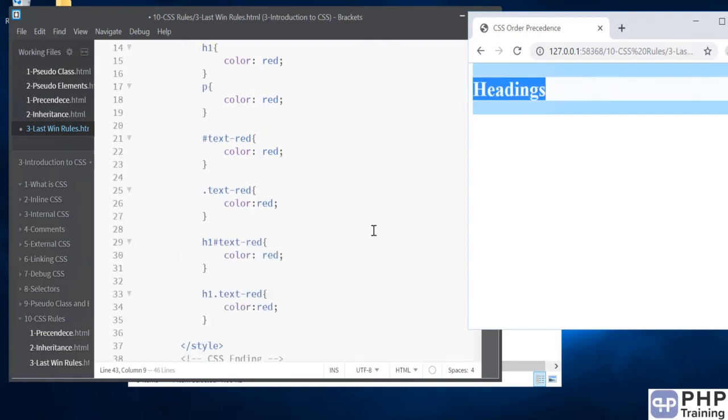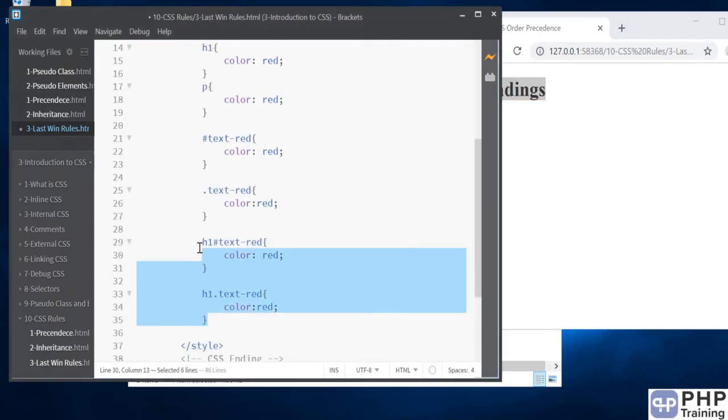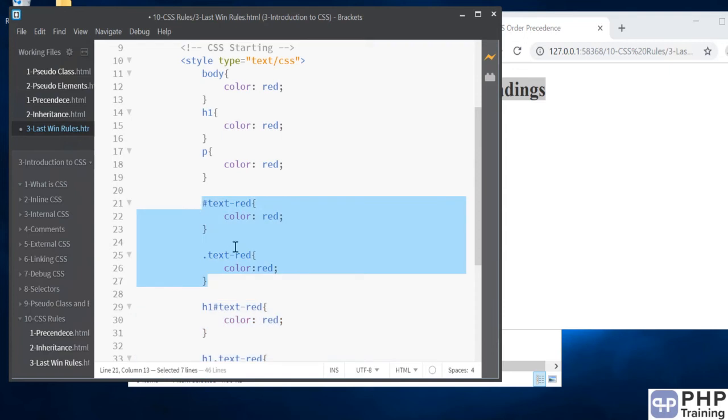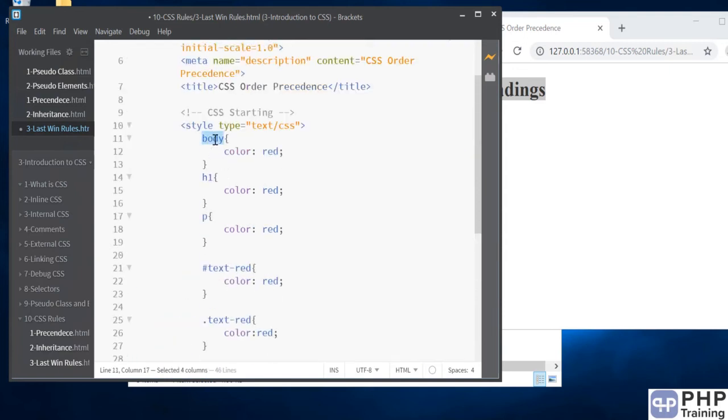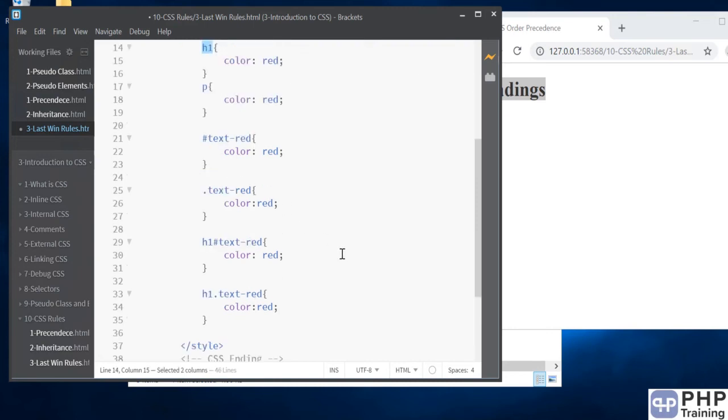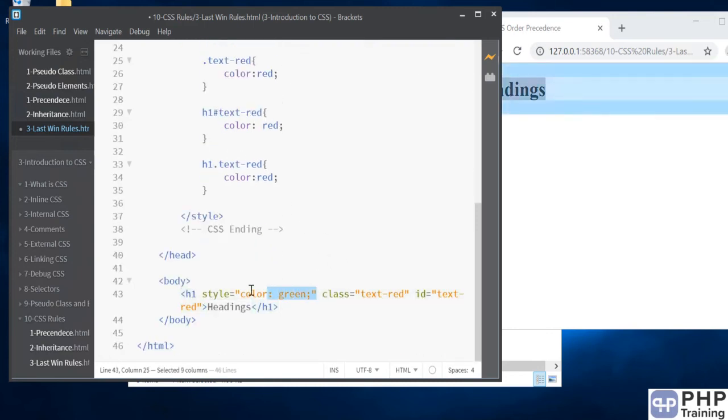We have done so many ways of applying this red onto h1. We have defined the ID and the class specific to h1. We even did the body as red, h1 as red, but the last condition that's applied is the inline style sheet. So remember this, whenever you have CSS written anywhere, if you want a CSS that is specific at that moment and you want it to apply onto your HTML tag, you can go ahead with the inline style sheet. All right, so let's do a last example,